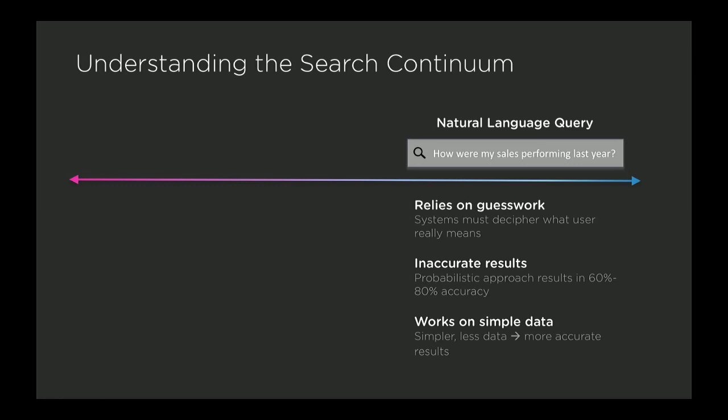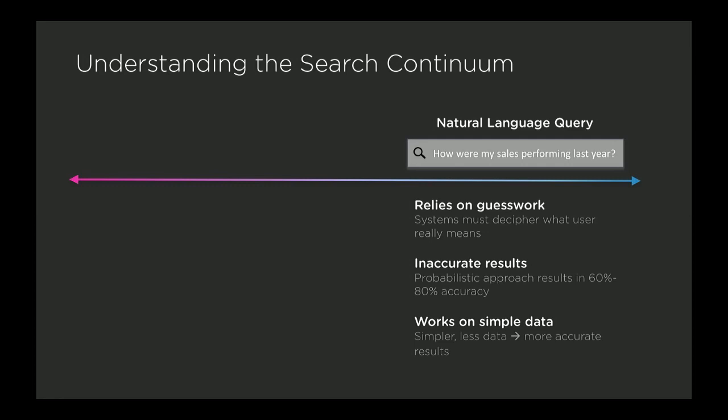In this particular example, which is a fairly simplistic one, just taking the question, how are my sales performing? What does sales really mean? Is it sales, or is it orders, or is it revenue? And if you're looking at sales performance, are you trying to ask a question on total sales, total amounts, or are you trying to ask a question on sales growth? So the system does have to perform some amount of interpretation of that question,